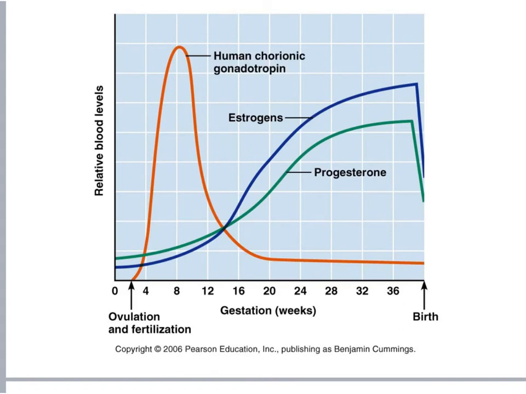Now, if we take a look at the hormones present when a woman is pregnant, I want you to look at the orange, which is HCG, or human chorionic gonadotropin. Remember, this is made by the embryo itself, and this peaks at about 6 to 8 weeks. And this, of course, is to keep the corpus luteum intact and creating estrogen and progesterone. By the time we hit between 10 and 12 weeks, this amount goes down drastically.